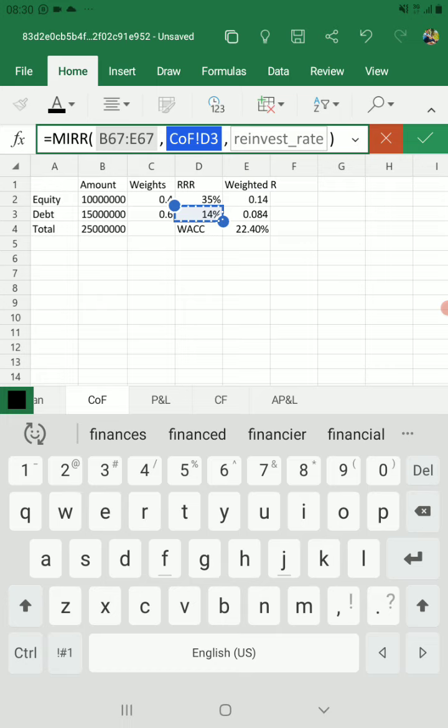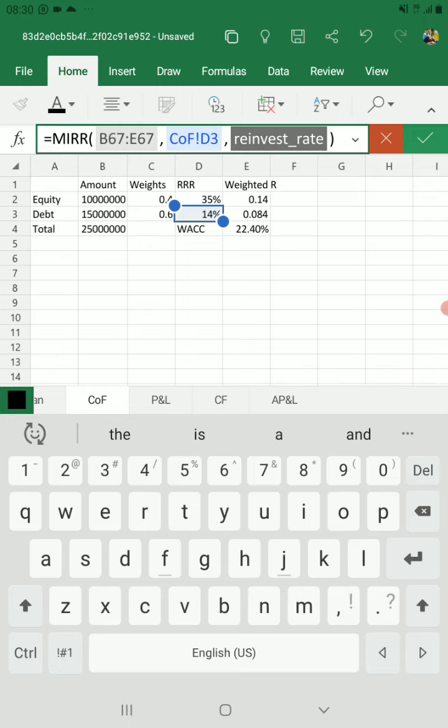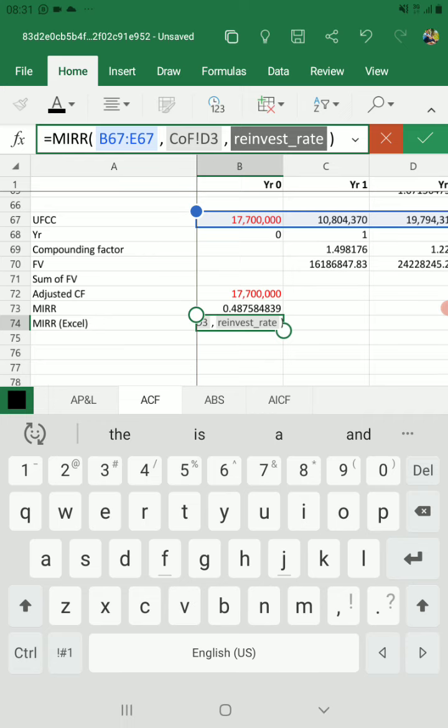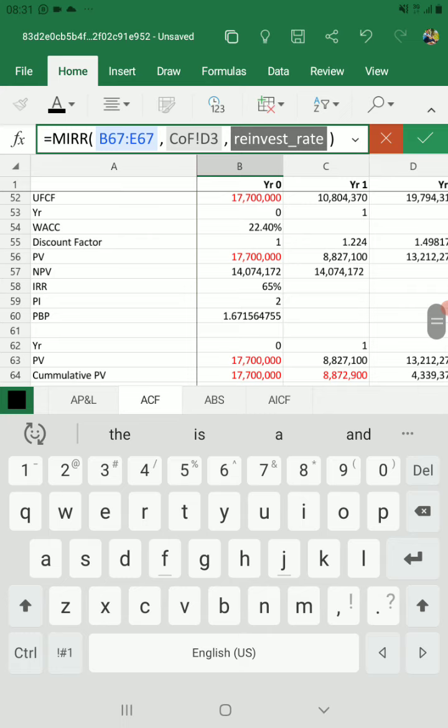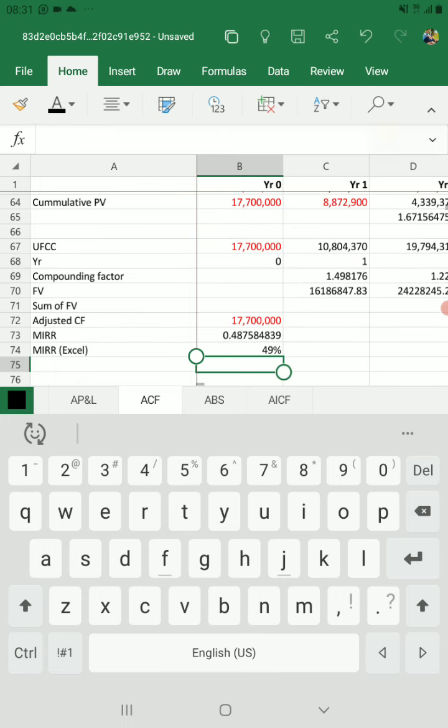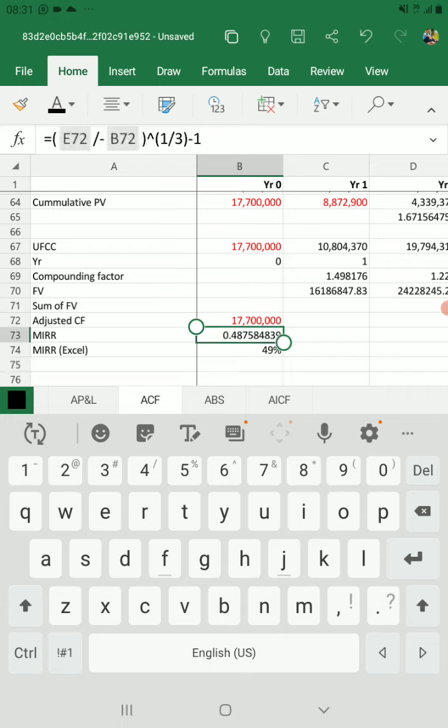Refinance, and the last is reinvest rate. So I click on the reinvest rate here in the formula, and the reinvest rate is now our cost of capital as we applied it here at annual cash flow sheet. Is cost of capital, which is in this case weighted average cost of capital, this one here, okay. After that, press enter to accept that. Let me put this in the same format like the one we established manual. So I click on the manual rate and then use format painter to paint this to